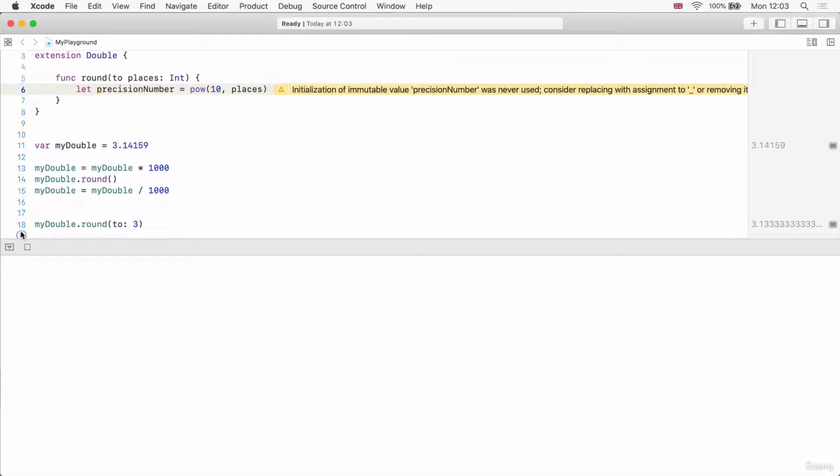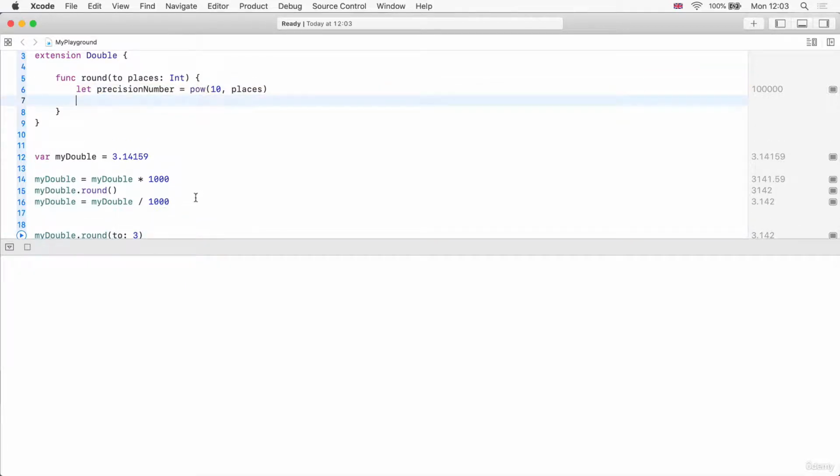So if we run this code as it is and we try to round my double to 3 decimal places, you can see that right now precision number is equal to 1,000. Whereas if I try to round it to 5 decimal places, then precision number is going to be 10 to the power of 5, which is 100,000. So that's working. And let's change that back to 3,